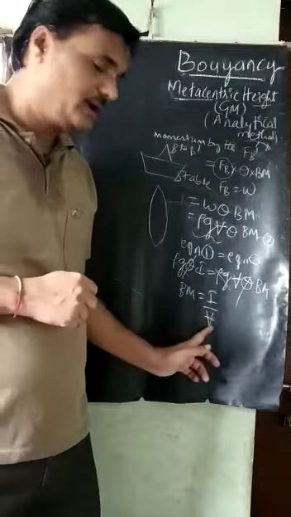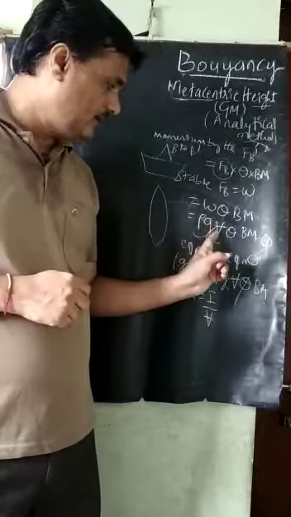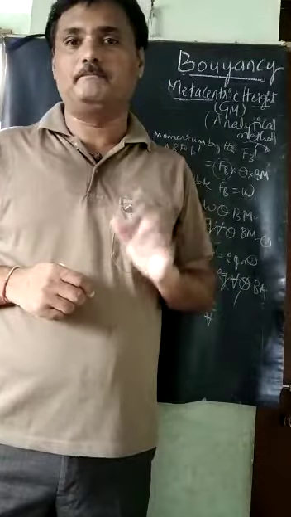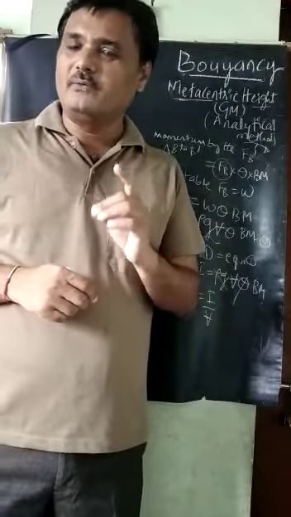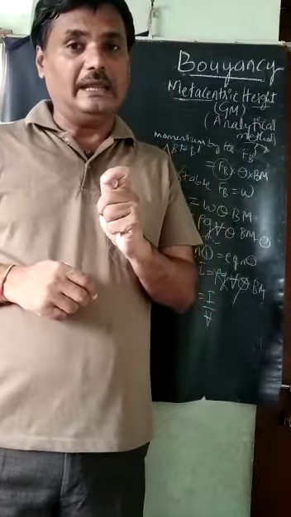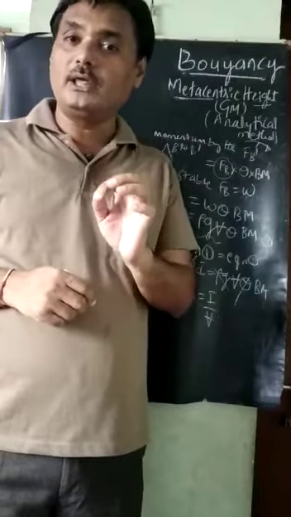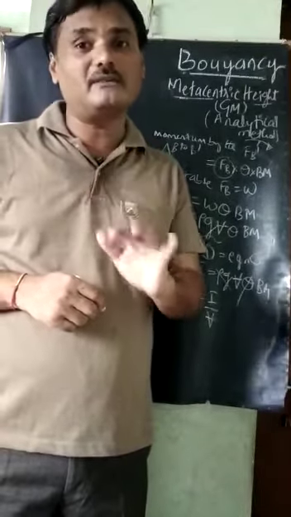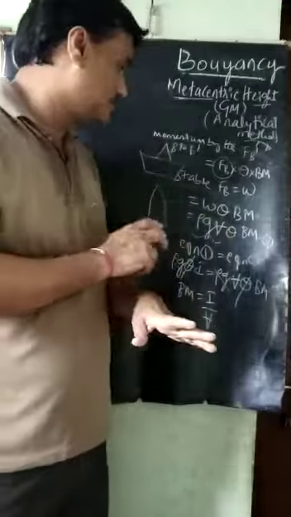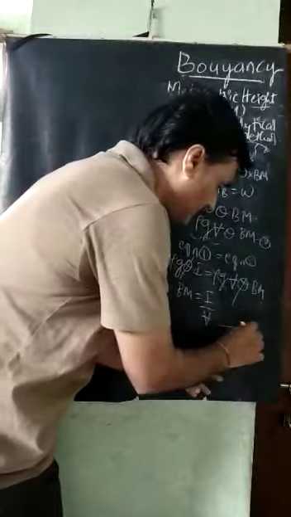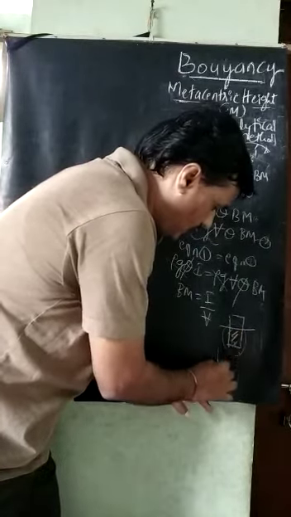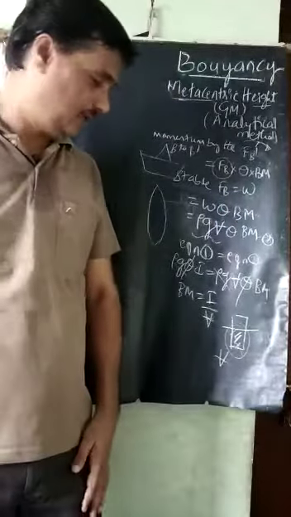And what is this symbol, the inverted letter A, here now? It is the volume of the submerged portion of the body. Why are we taking this? Because the buoyancy force is the weight of the fluid displaced by the submerged portion of the body. So that volume of the submerged portion is needed. For example, if this is the submerged portion, only the part in the liquid, this volume is the one that has to be taken in this case.